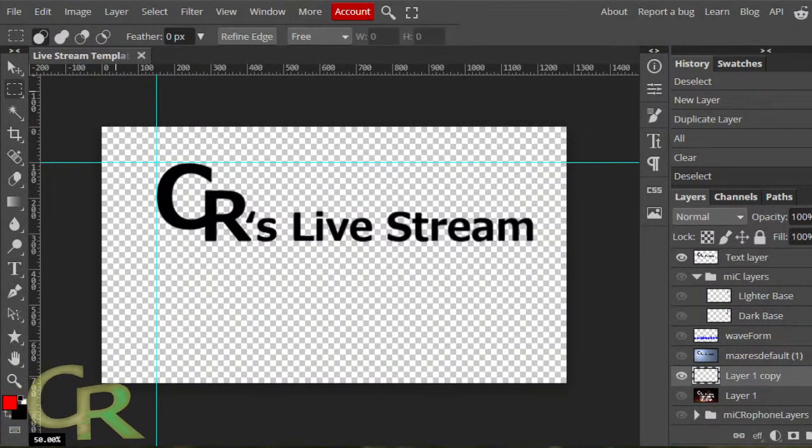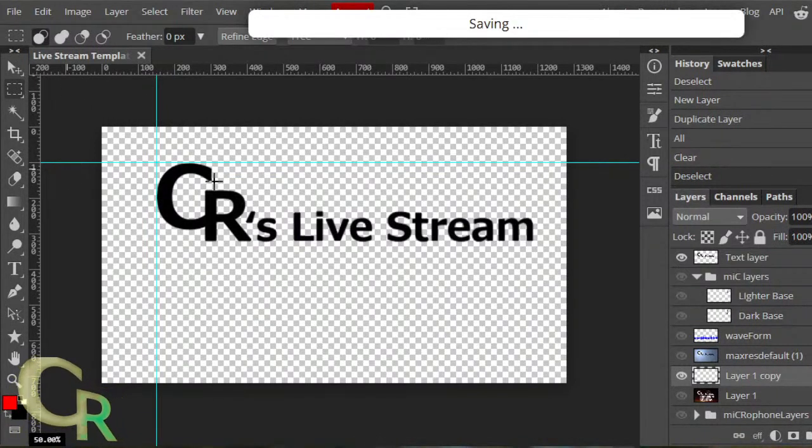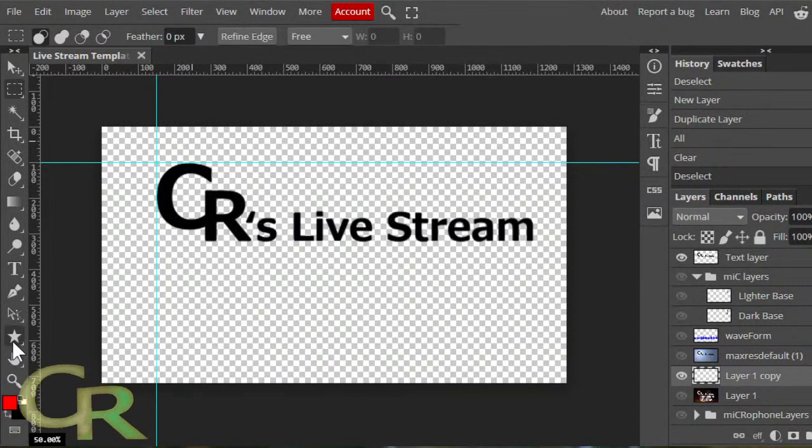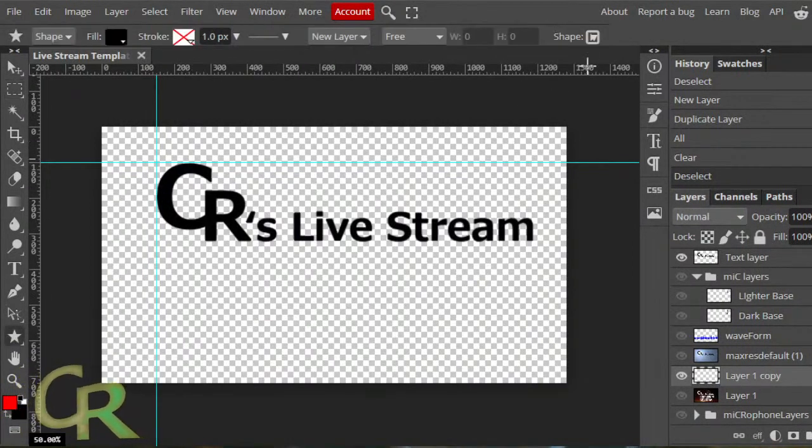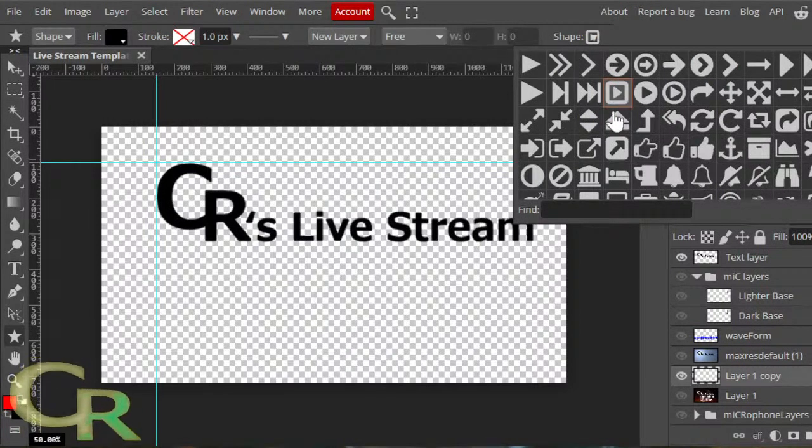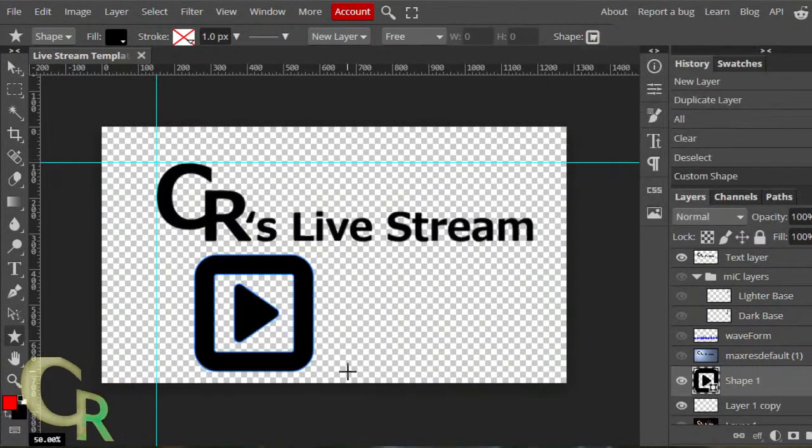I appreciate it. Let's see here. So, save that again. Draw a shape in here. Find that, this one right here. Oh yeah, wait, this will work. See, now it's working. I wasn't sure why it wasn't working, but that's why I know a couple of different ways of doing the same stuff. Whatever works better, or whatever wants to work. So that kind of looks like a YouTube play button, which I guess for me should be okay.